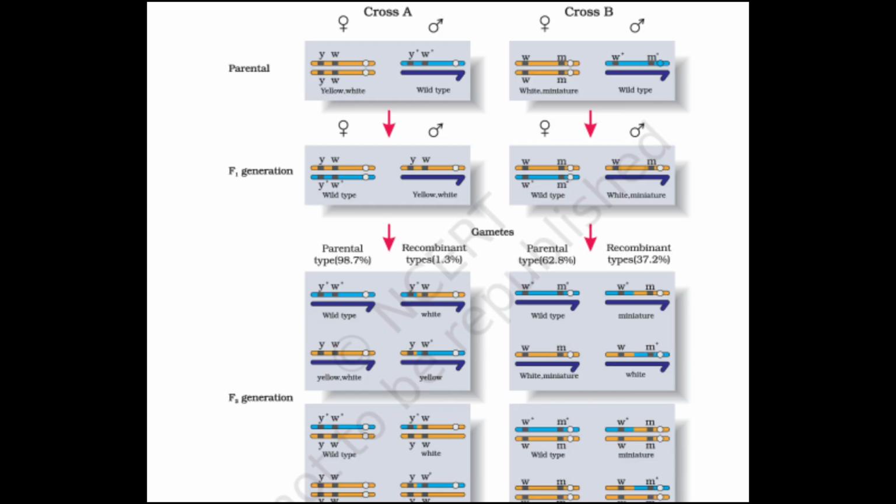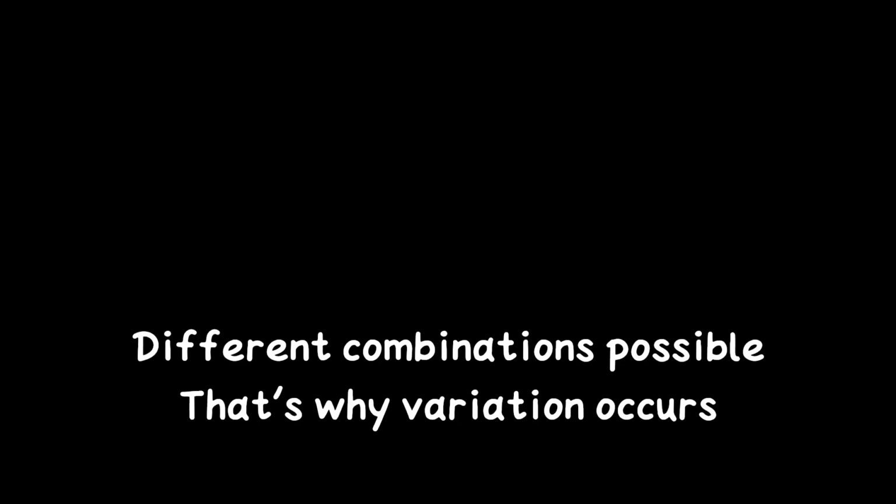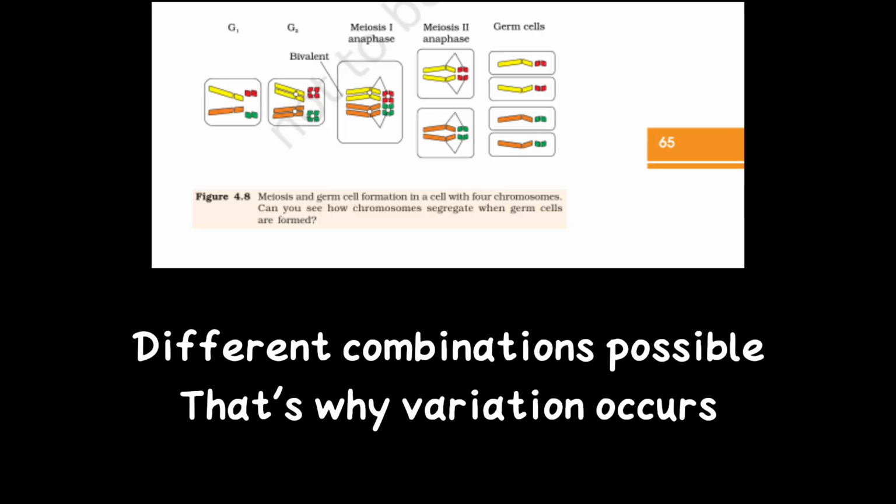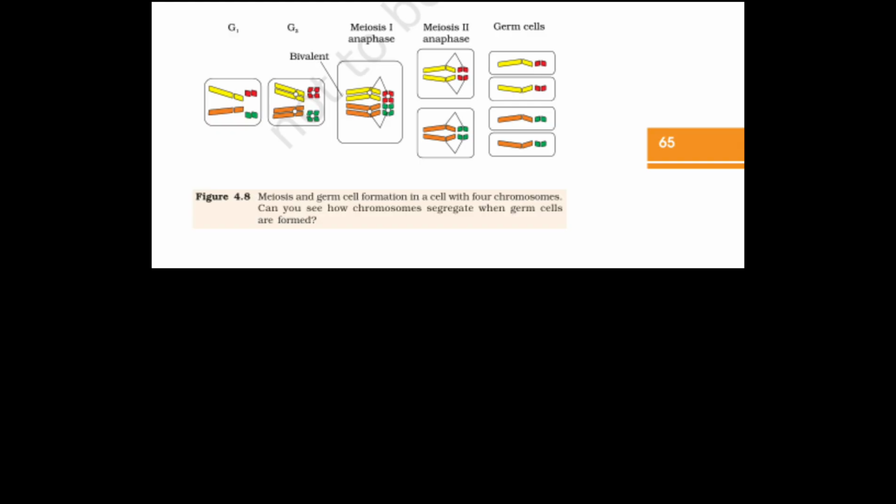देन इंडिपेंडेंट असॉर्टमेंट वाला फिगर जो था, उसमें क्या हो रहा था, क्रोमोसोम अलाइन रैंडमली इन मियोसिस। सो यहाँ पे डिफरेंट कॉम्बिनेशन पॉसिबल हैं, इस वजह से यहाँ पे वेराइटी दिखेगी। दो पॉसिबिलिटी, ऑरेंज प्लस ग्रीन साथ में जाएंगे, या फिर ऑरेंज और रेड साथ में जाएंगे। सो ये बहुत पॉसिबिलिटीज़ हैं। सो द फाइनल रिजल्ट क्या मिलता है, डिफरेंट टाइप ऑफ जीन, और ये हमें लॉ ऑफ इंडिपेंडेंट असॉर्टमेंट बताता है।